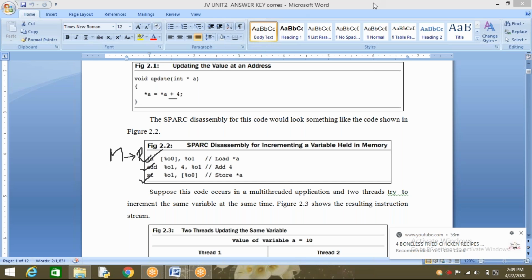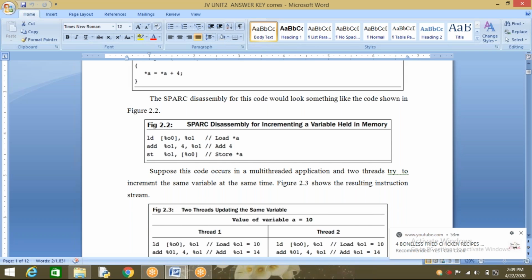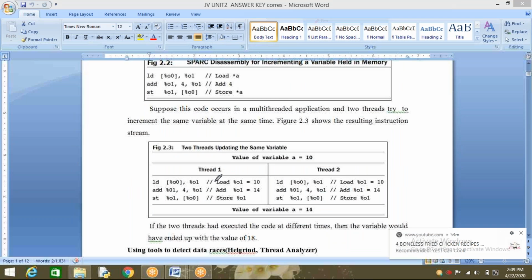Okay. So now we are going to execute the two threads in parallel. What that means is that now you are going to execute thread 1 and thread 2 in parallel. Here, a is a shared variable, so it can be shared by thread 1 as well as thread 2. So what are the jobs of thread 1? First of all, you have to transfer the data from the memory to a register. Second, you have to perform the addition. Third, you have to store the result into the memory.